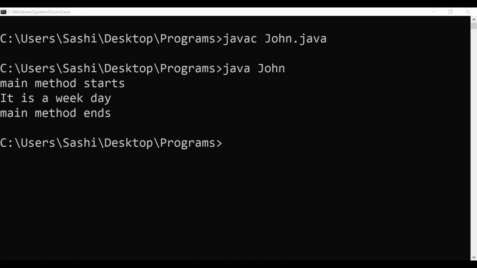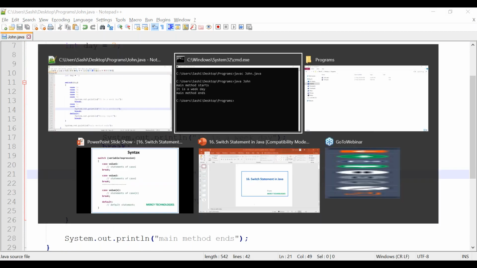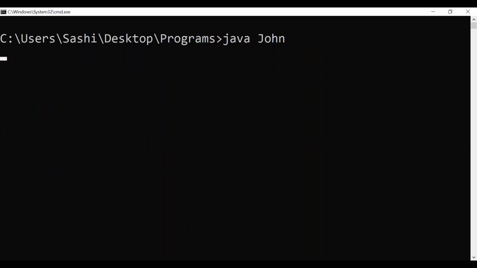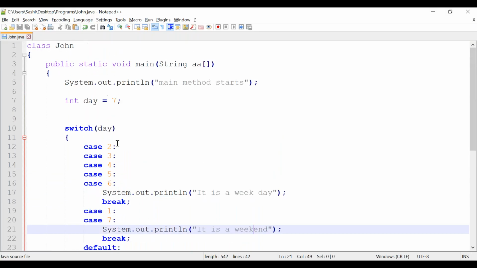Sorry, let's change this println statement to say it's a weekend. Let's rerun it. See here, we are getting it is a weekend. So I am just experimenting like this.